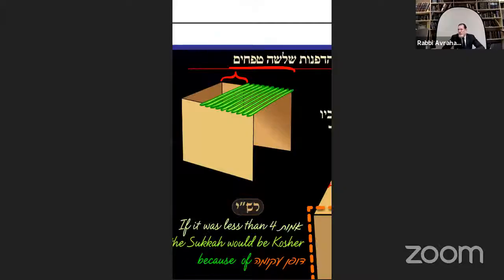How far is it? 3 tfachim or more, then that entire sukkah is possible, because that sukkah only has 2 walls. What is the Mishnah implying? That if the schach comes within 3 tfachim from the wall, that we say lavud horizontally, and you got yourself 3 walls. Now, according to the Rif that has this line in the Mishnah,